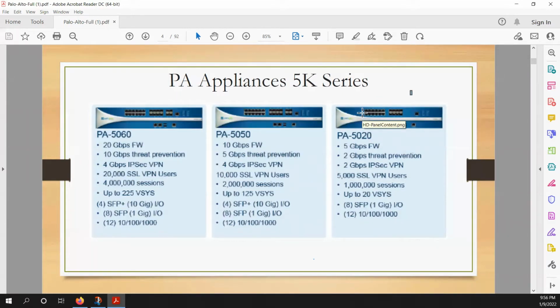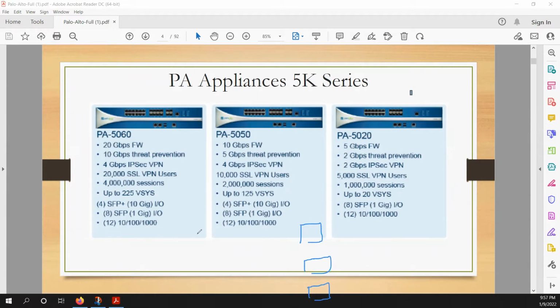Like 20 Gbps firewall, as we have a dedicated hardware, is like firewall or threat prevention. Like in parallel, these can be achieved, or I don't understand. If I enable the threat prevention, if I enable the IPsec VPN SSL on the same device, how much will be the throughput in that case? Yeah, sure. So maximum it would be 10, because basically what is happening, your firewall is processing the traffic parallelly.